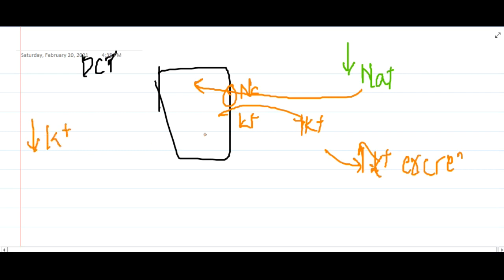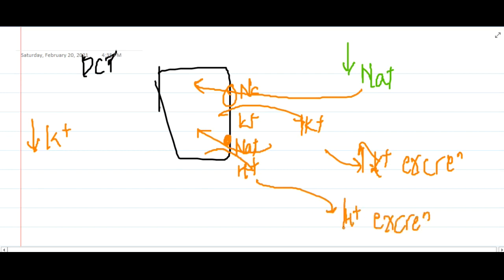Similarly, there is one more antiport which is the sodium hydrogen antiport, which will take sodium inside and bring hydrogen outside. This hydrogen is also excreted in excess with loop diuretics, and as a result you will see alkalosis developing in the blood. So this is metabolic alkalosis which is seen in the blood, right.